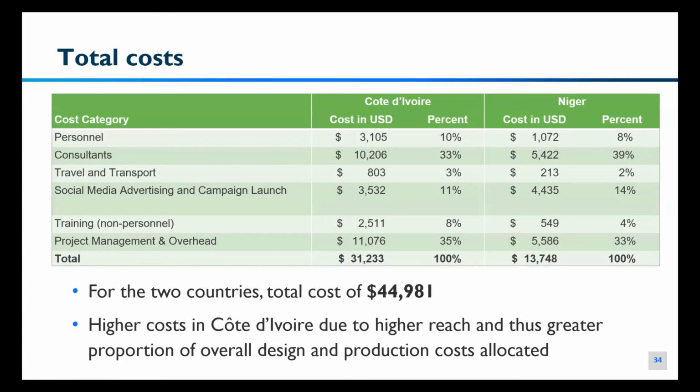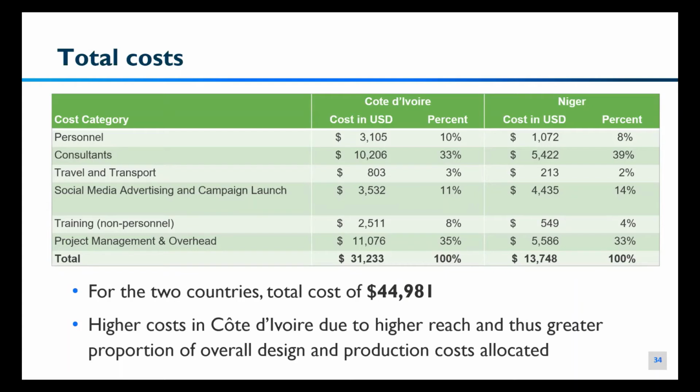So here you'll see in the second column there, the cost in Cote d'Ivoire. The first column gives us the cost categories. We had personnel, consultant, travel, training, and so on. And in Cote d'Ivoire for the MMH program, the total cost was around 31,000. And in Niger, it was around 13,000. So for the 2 countries, the total cost was